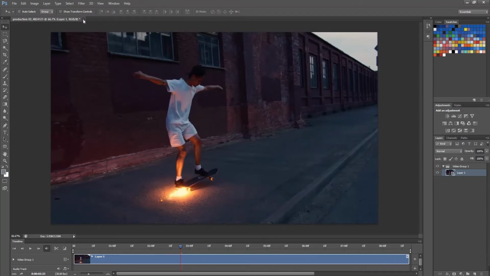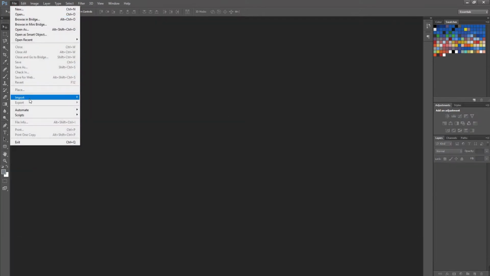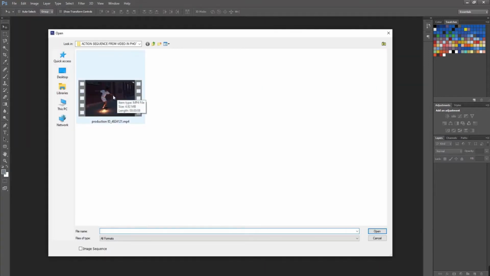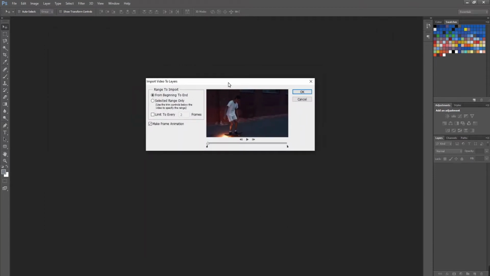For this, I'll close this video, then go to File, Import Video Frames to Layers. Select that video and open. Now you can see a parameter window open. I don't want the full video because I just need to select some frames from the middle of this video.